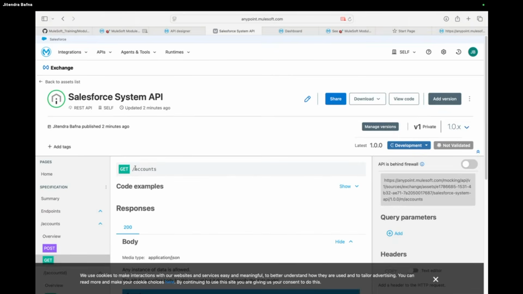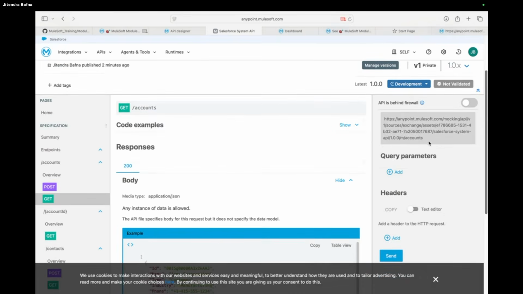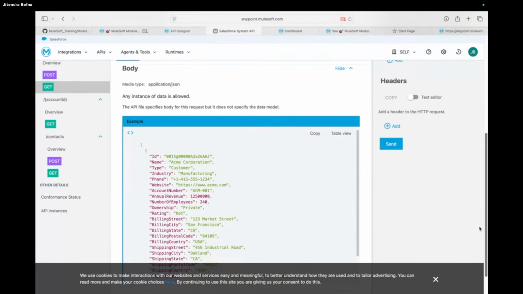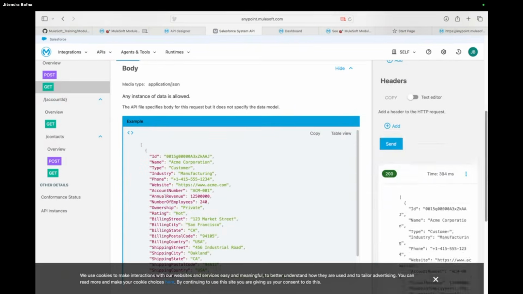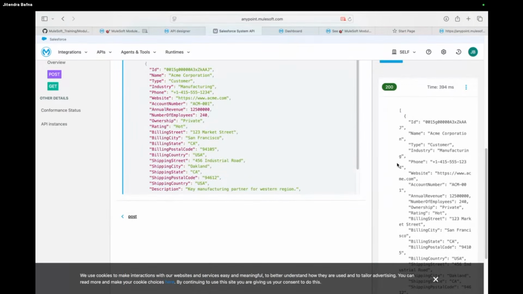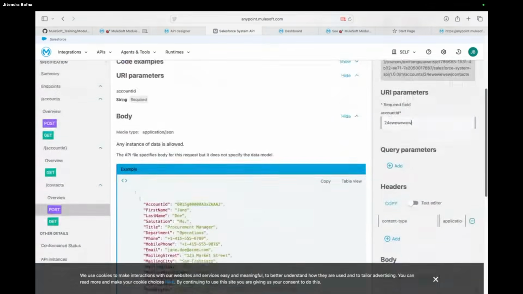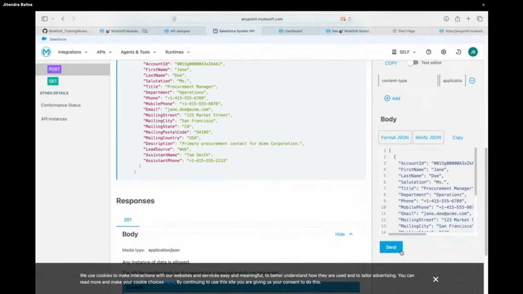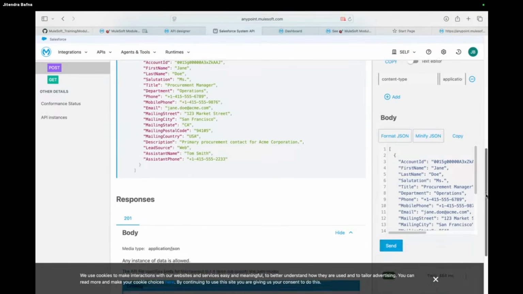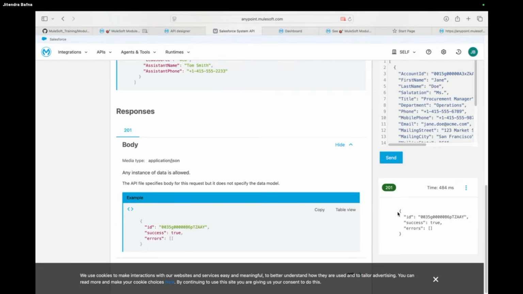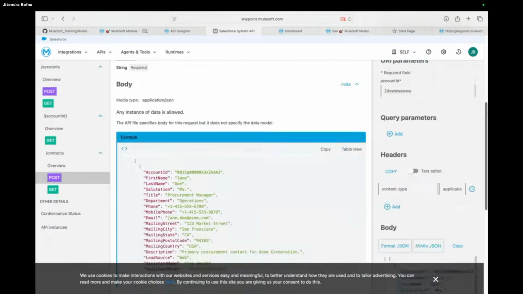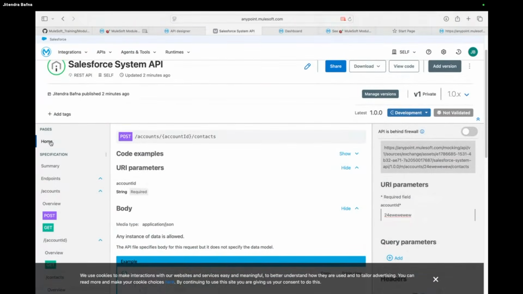We can test it here. We can just go to GET, and here you can see this is my mock URL. I can just send, so we can test it here. We got a 200 response. Same thing if I go with a POST. I can give some dummy ID, it doesn't matter. Just send it. Here it gave 201 Created. This is a proper response and everything. So this looks good.